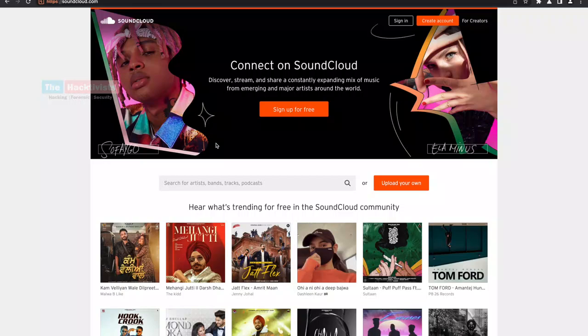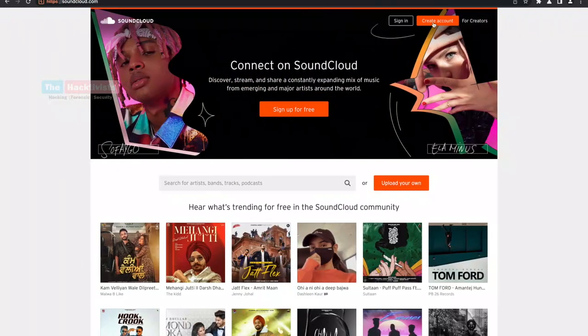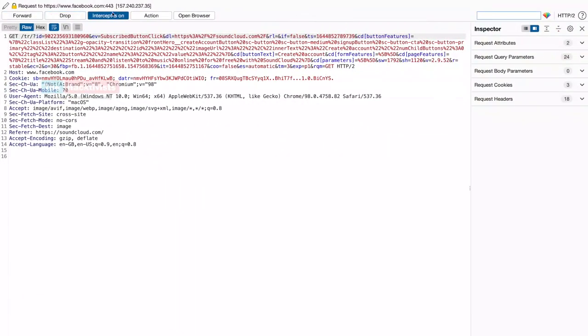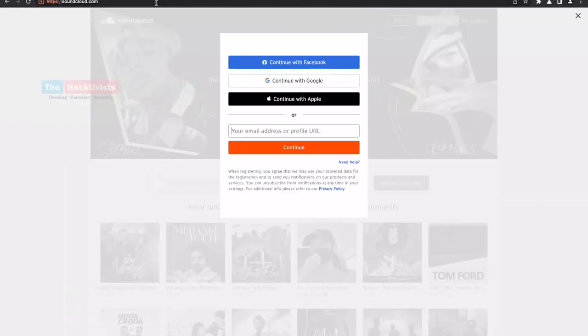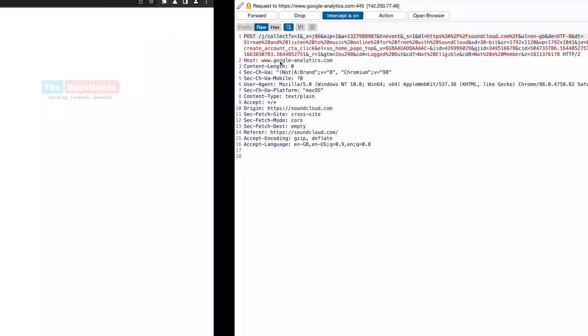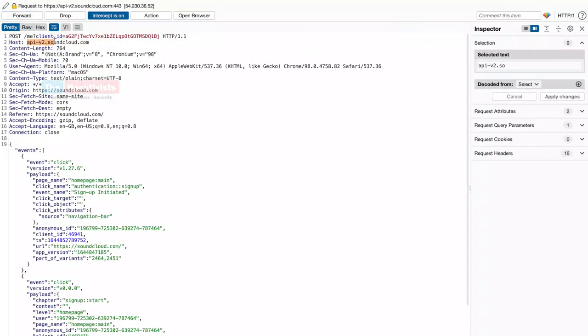We will go through the functionalities one by one and see whether any API call is available or not. I will turn intercept on and go to create account. This is the first functionality, right? I will forward it. Then I will click on continue with Apple or Google or Facebook. Here if we forward, you can see the request which is originated by that web application is this one,